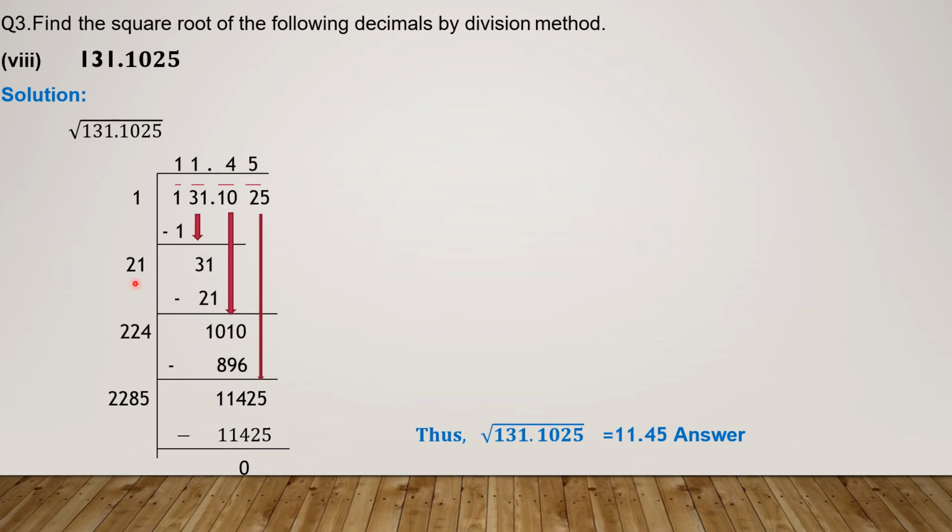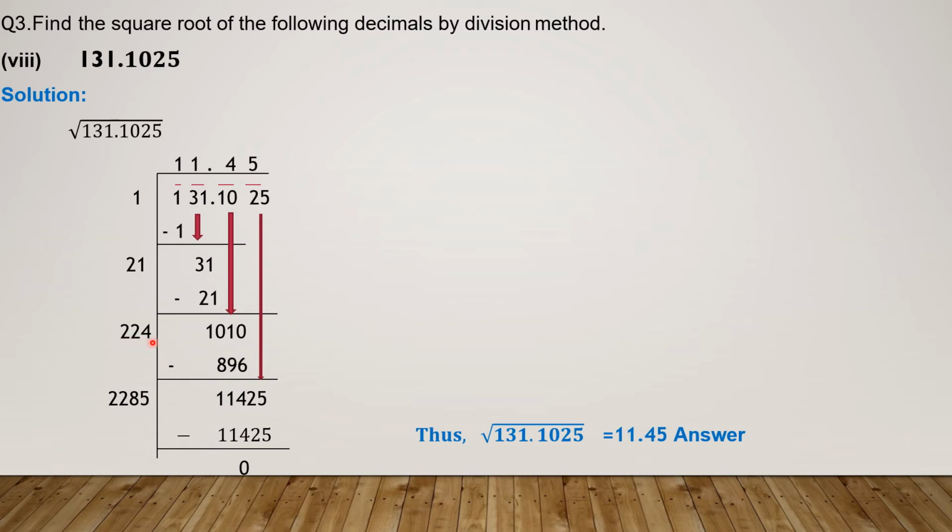For 1010 you have to make your new divisor. How? 21 will be added in 1. Whatever that is multiplied with 21 will be added to make your new divisor. 21 plus 1 is 22. With 22 you have to guess, you have to choose a number. That number is 4. If you try here 5, the product will be greater than this number. If you tried here 3, the product is very much smaller than this number. We can do all of this work at one page of our paper in rough work. So we will choose here 4.